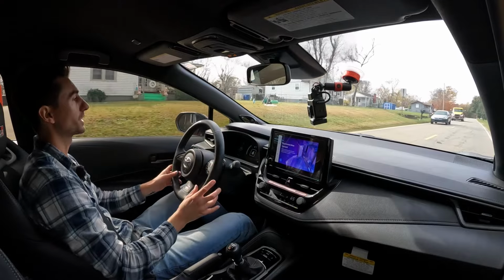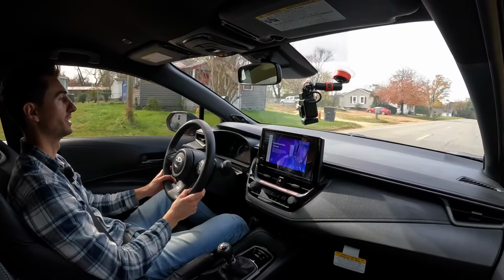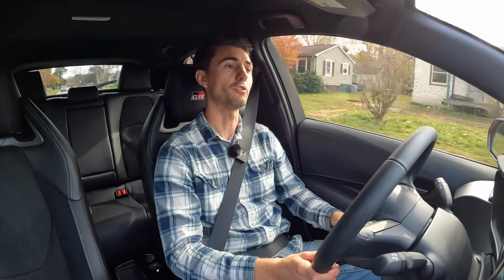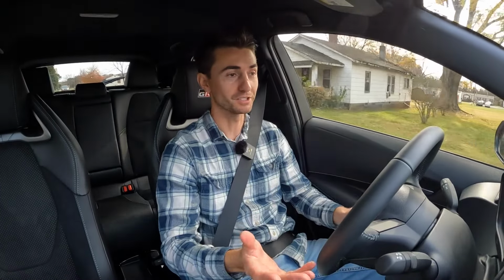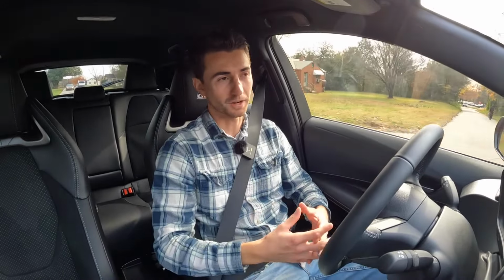It's a fun little race car looking car, and yet it has a really good ride quality to where it feels a little bit on the higher end side, maybe closer to a Volkswagen Golf R. So I feel like this has a lot going for it with the refinements, the power delivery. It is a blast on the racetrack. It's a fun car. The only sacrifices are the fact that it's a little cramped, it's a little small in the interior,